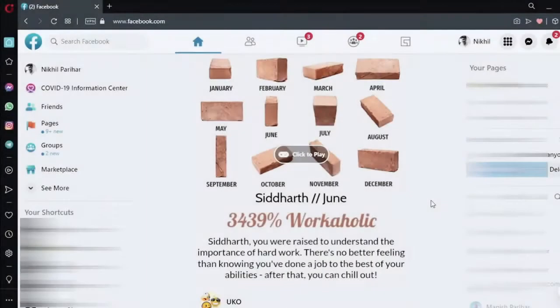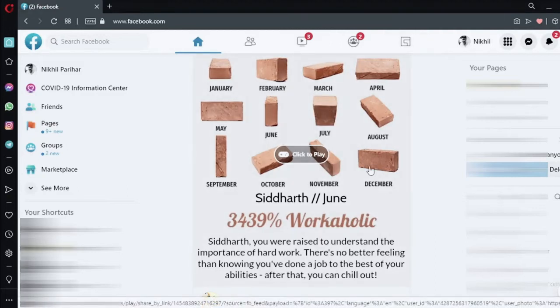To create Facebook ads, you need two things. One is a Facebook business page, which is free to create. Anybody can create a Facebook business page, and you also need a Facebook ad manager account. These are the two things which you need. And let me tell you how you create that.